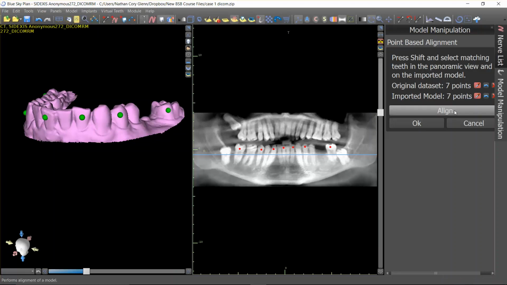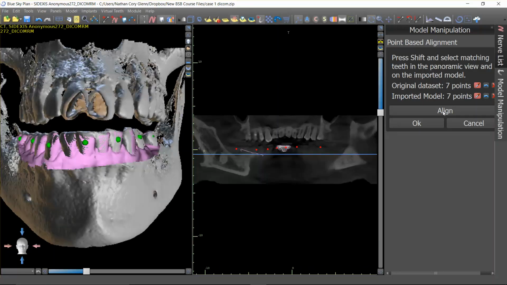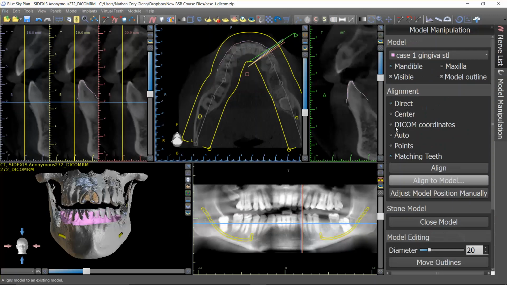And now we have those. Now I've got 7 corresponding points. I'm going to click Align. The software is now going to attempt to do an auto stitch of this. And here you see the stitch that it came up with. Now it's very difficult just based on this to tell if that's an appropriate stitch. So if it looks relatively close, I'm going to just click OK, but now we've got to go back and